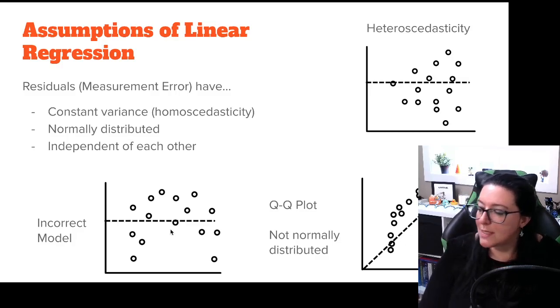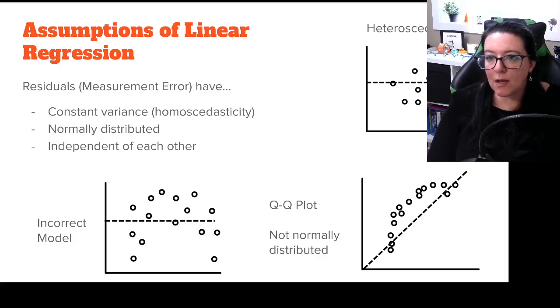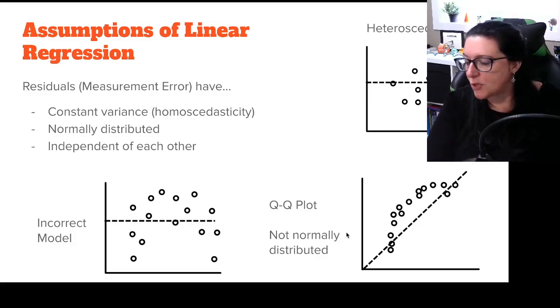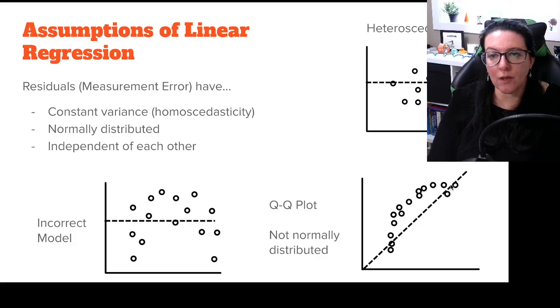We can also assess the normality of the distribution by creating what is called a QQ plot. A QQ plot looks like what you see below my face here. It looks at how the data is distributed versus a normal distribution. In fact, it's a T distribution rather than a normal distribution. If they matched, then the data points would fall along this 45-degree line. If they don't match, then we have a curve, and that tells us that we have violated the